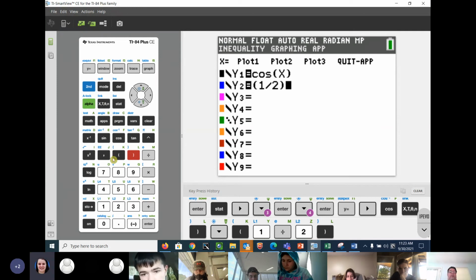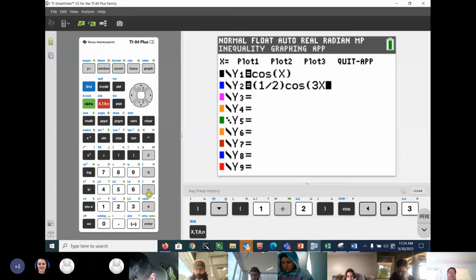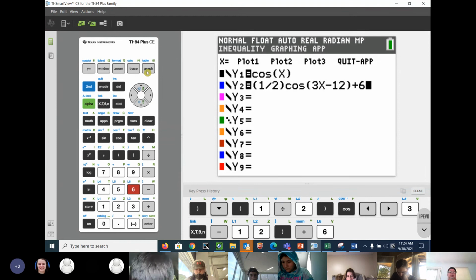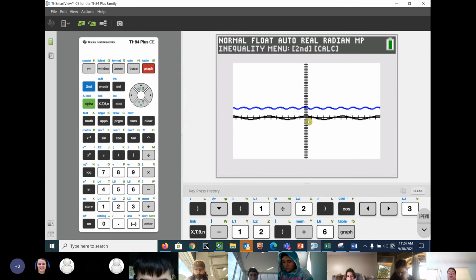Cosine of 3x minus 12, and then plus 6. And then graph, and you'll see you'll have a vertical shift of 6 up, and